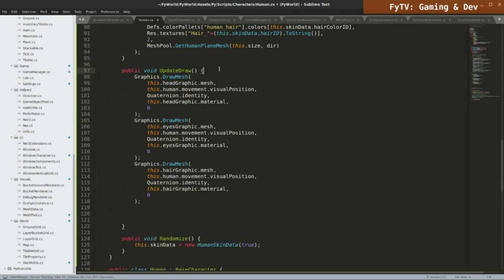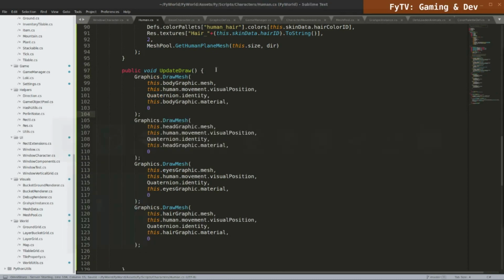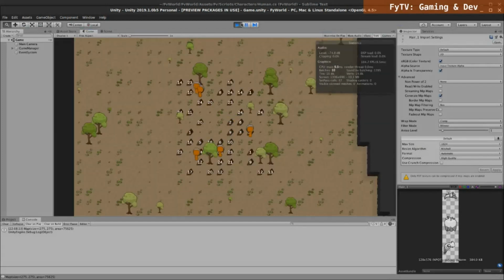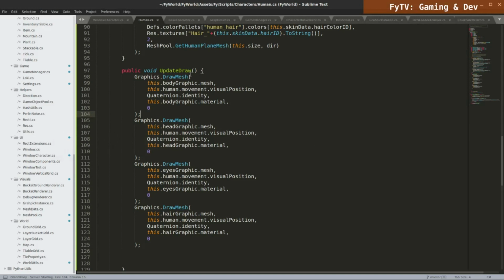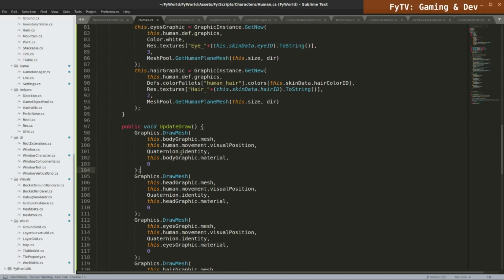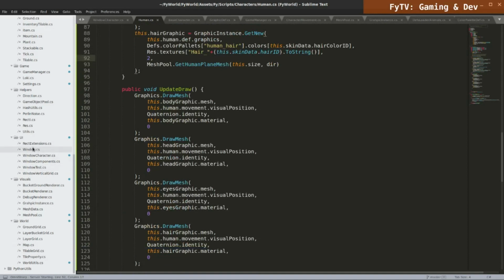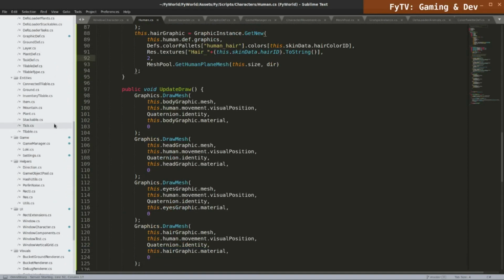So this is a good draw order, but we don't use this, right? Yeah. So why is it not working? Oh, cause I know why. I think I know why. Yeah, cause here instead of doing this, we need to do